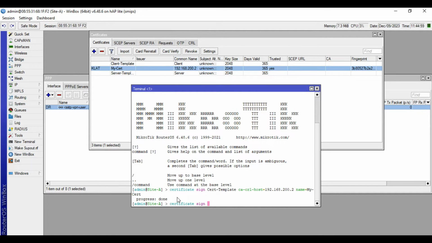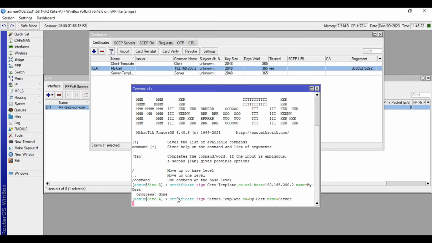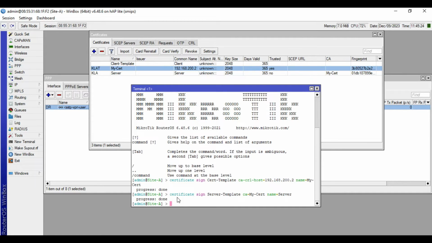Certificate, sign. So the name of the certificate, server template, CA equals my cert. Then put a name and name this one server, then press enter. Wait for it to finish.